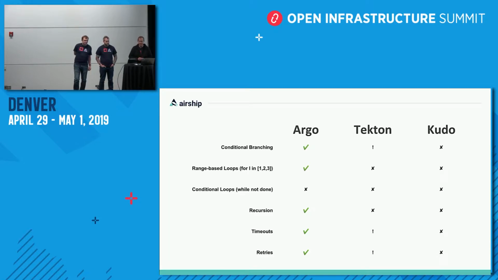Timeouts are really critical because things don't always go perfectly. So obviously there are some steps that we want to perform, but they might not happen in a reasonable amount of time, and we need some way for the workflow engine to basically say this is not going to happen, this is taking too long. And retries, similar to the above, again, this is an operations type perspective. Sometimes things don't work, and we want the workflow engine to be smart enough to pick up where it left off, have an easy interface for operators to go ahead and trigger a retry, and to have that really be a first-class citizen in the workflow engine.